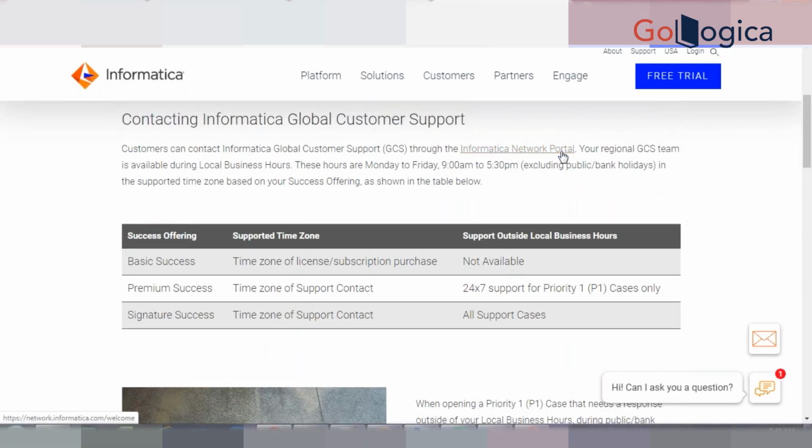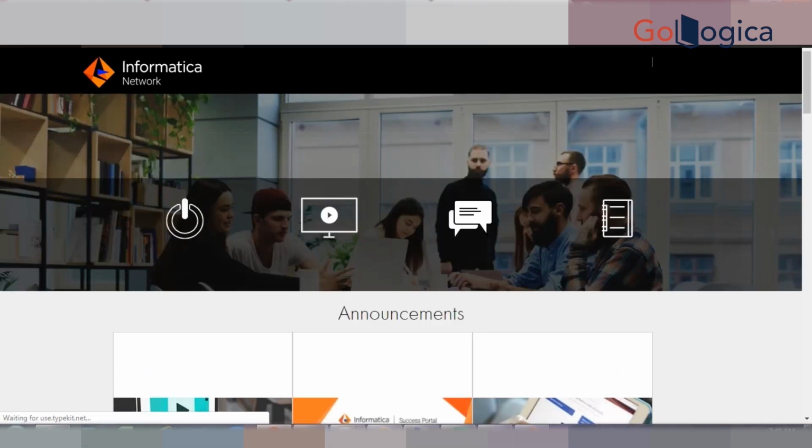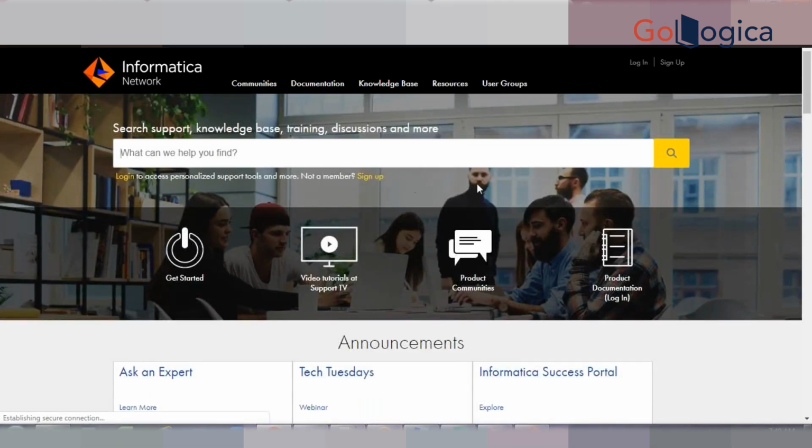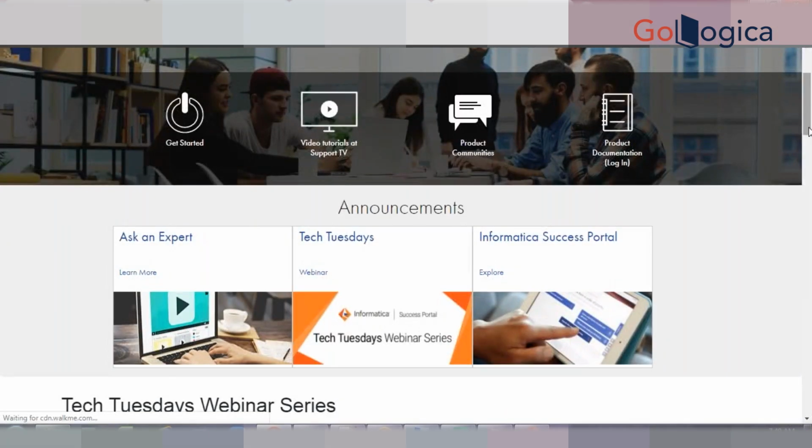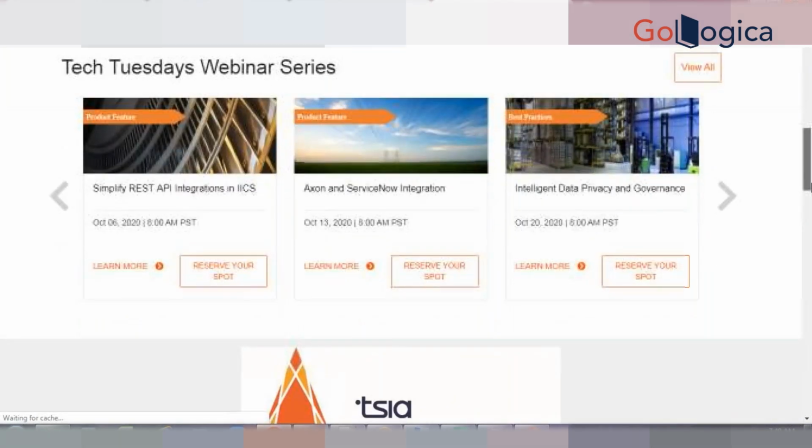Informatica network only. So I think we were not in the correct page. See, customers can contact GCS through the Informatica network page. Okay, so let us go through here. Let's see. Okay, so in the network page, if you sign up, then you will get the